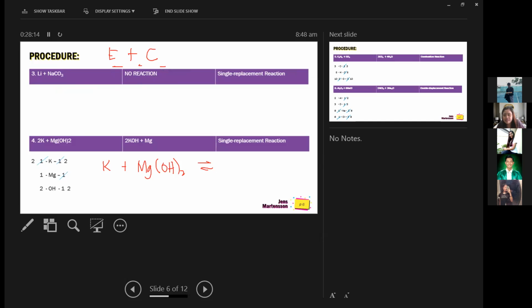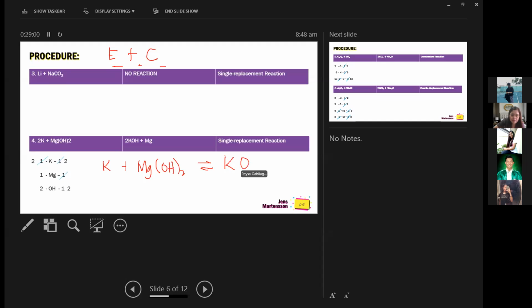Now look at your activity series of metal. Potassium is number 2 in the list, while magnesium is, I think, number 6 siya sa list, which means yes, the reaction is possible because potassium is more reactive than magnesium. Okay, ang nasa taas sa list ha ay mas reactive kaysa sa mga nasa baba sa list natin ng activity series of metal. So since this one is possible, ang papalitan ha ay yung metal. So sa magnesium hydroxide, ang metal dyan si magnesium. Kaya papalitan niya ni